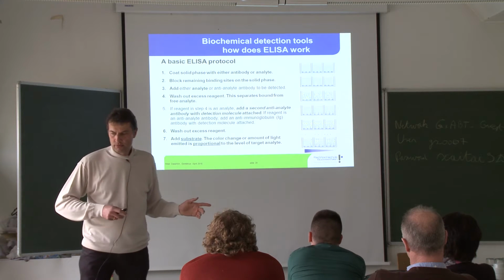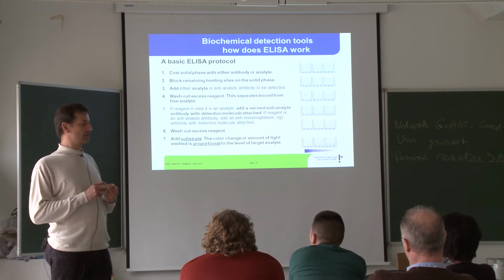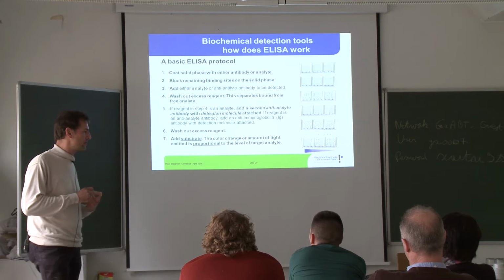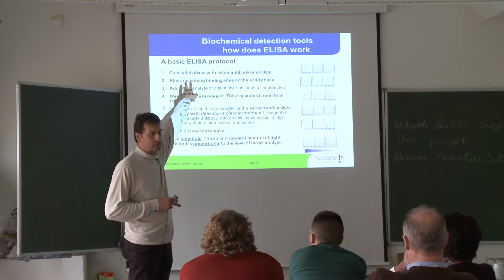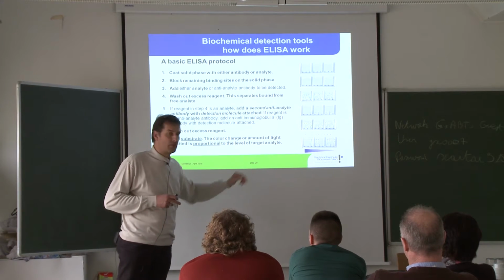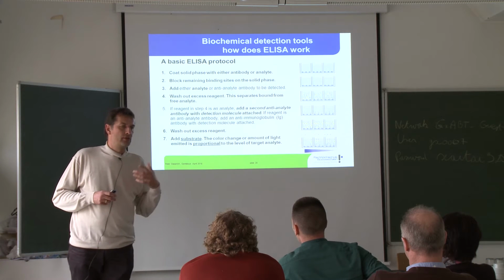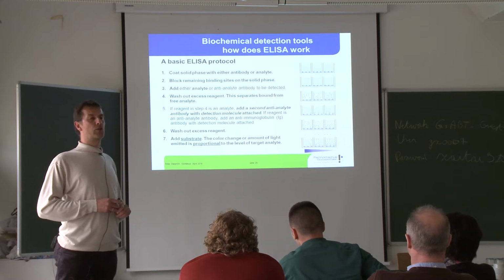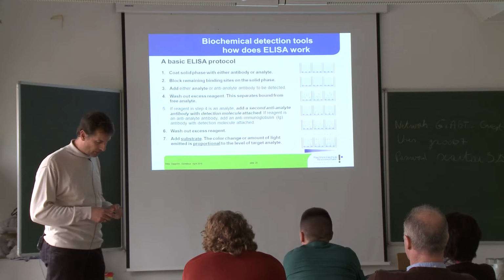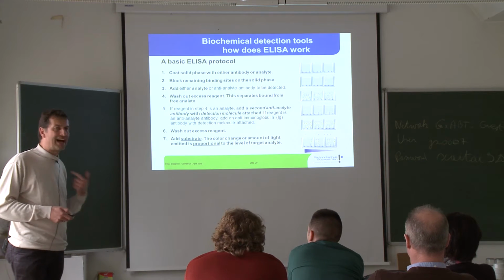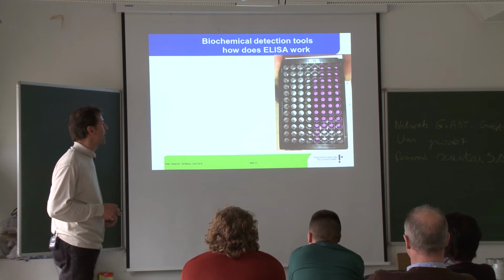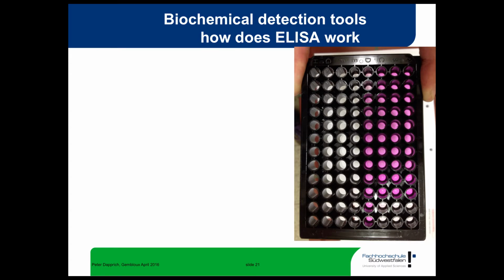And that gives you two answers. First, yes, the suspected antigen was indeed in my sample. I could detect it with this method. I get the color reaction. And on the other hand, due to the intensity of the color reaction, I can quantify. Okay, not I, but the machine can. This is this ELISA well, usually 96 wells. So in fact, you can process 96 samples at a time.